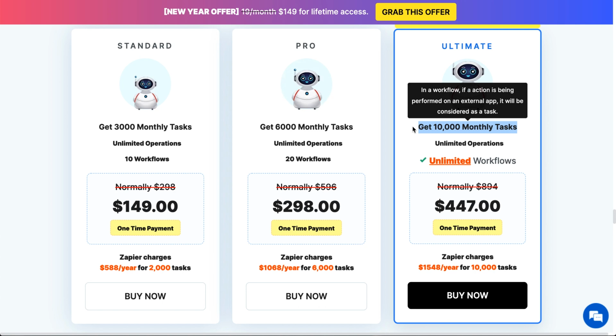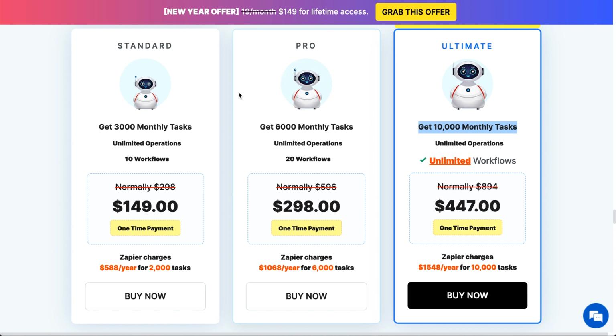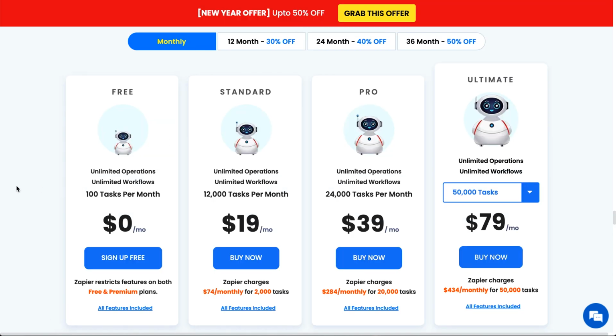So this might be a great option for someone who is going to use this at a moderate, like a small degree, who only needs 10,000 tasks a month, or 6 or 3. Someone like me, this lifetime access might be a great deal, but for some businesses, it's not really going to work out, in which case I would recommend they go with the monthly pricing.